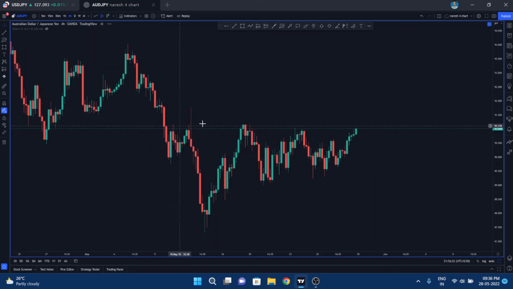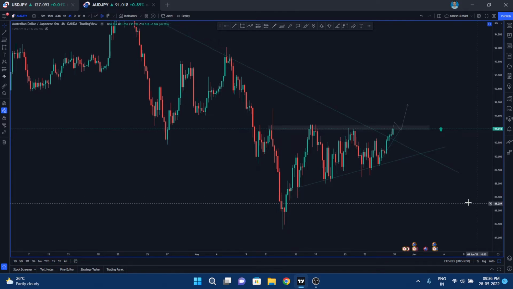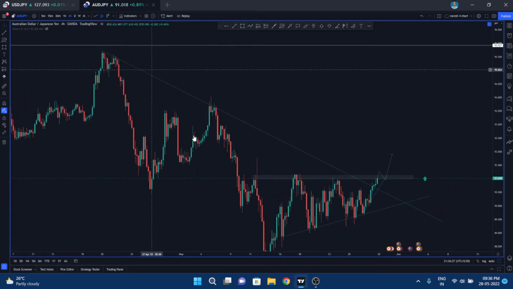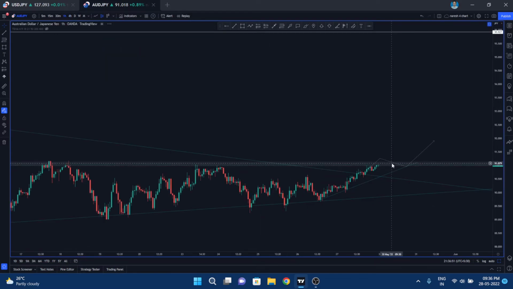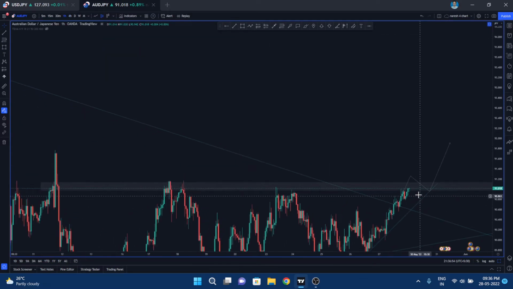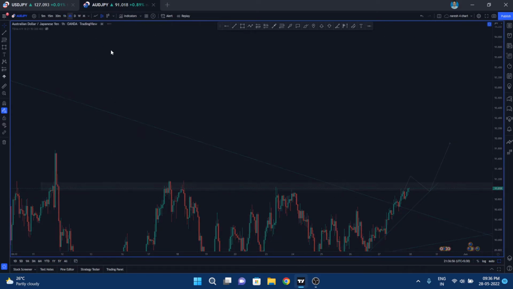Okay, so AUD JPY is also similar, guys. It was respecting this trend line, and after a little consolidation over there for a couple of weeks, right now it broke out and it is near an important resistance area. What I'm expecting is to wait for the break of this structure, like this resistance, and a close above this area. You can look for the pullback to this trend line again in the 1 hour time frame, and look for long entries from there and continue the trend up.